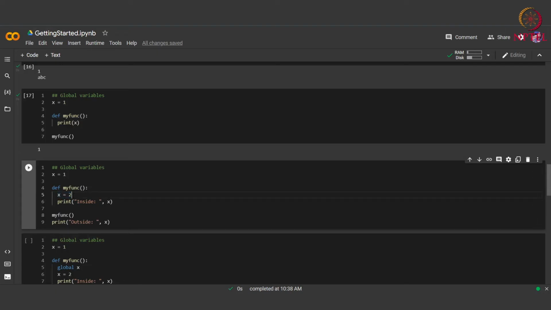So in this scenario, this is not the same variable. When we are declaring this assignment that is present inside the function, it is creating another local variable x that has a scope only inside the function. That is, if we have modified the value or we have assigned the value 2 to this x and print